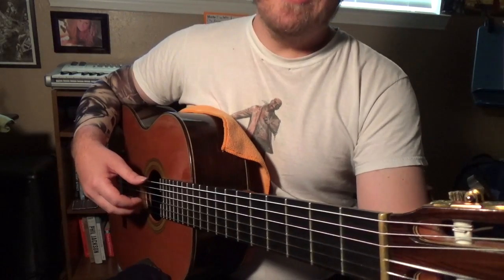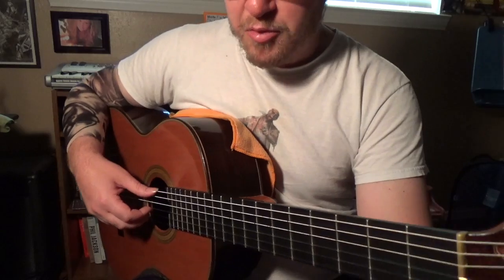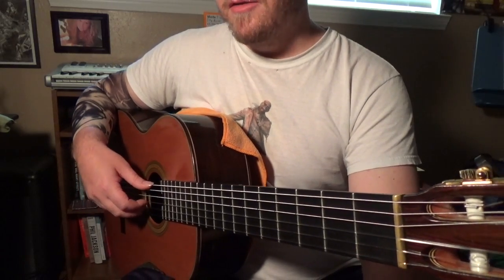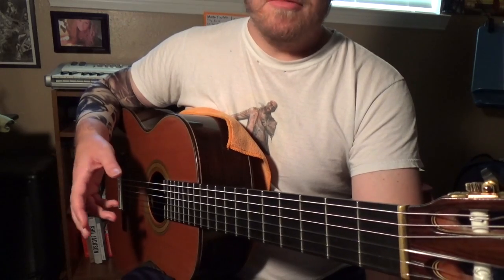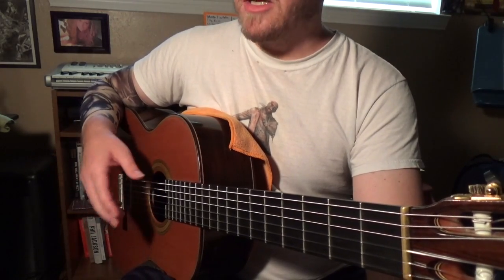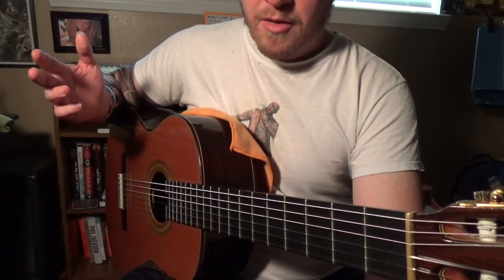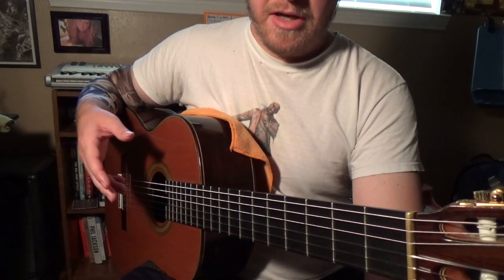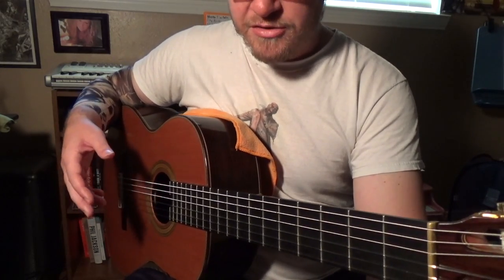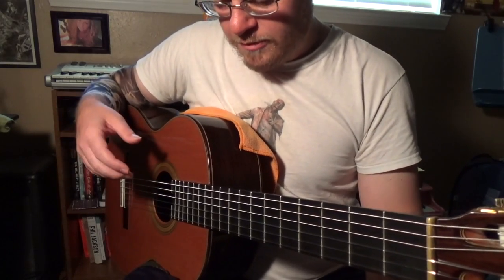So this segment in talking about the Call of Ktulu is all about arpeggios. If you play these three passages fingerstyle, it's such a great opportunity to warm up your arpeggio technique or study your arpeggio technique. I'm going to pick out maybe one or two different things in each passage that you can focus on just to get you started, because playing this type of music on fingerstyle guitar